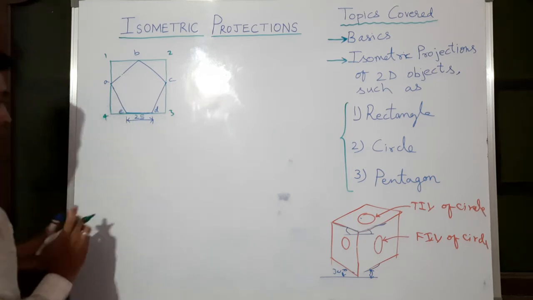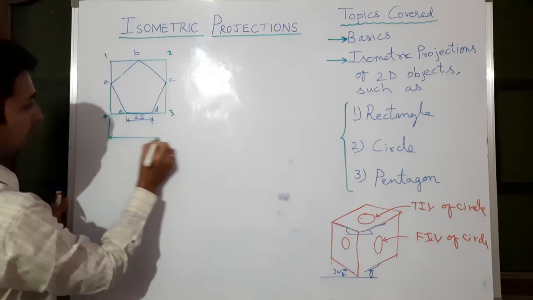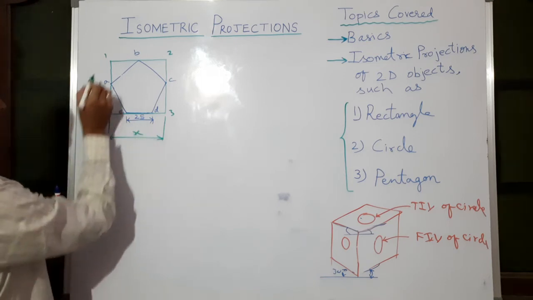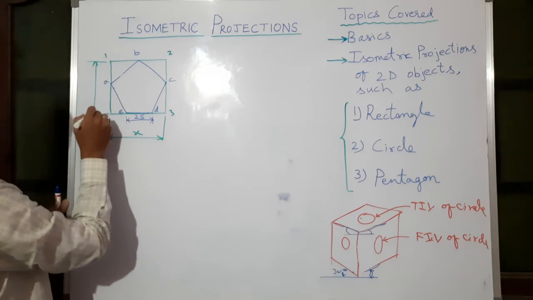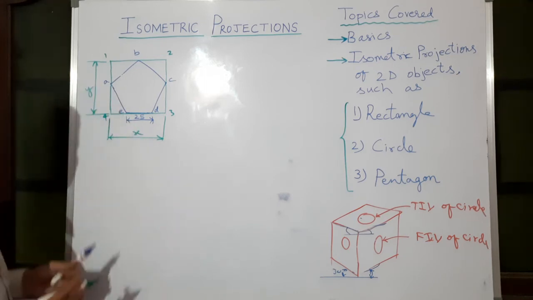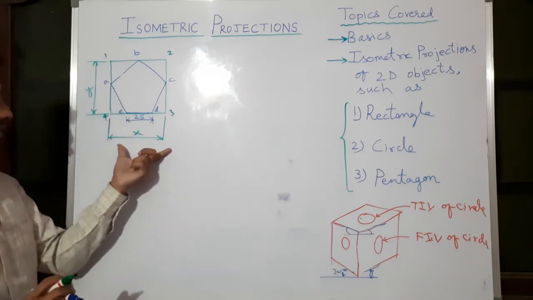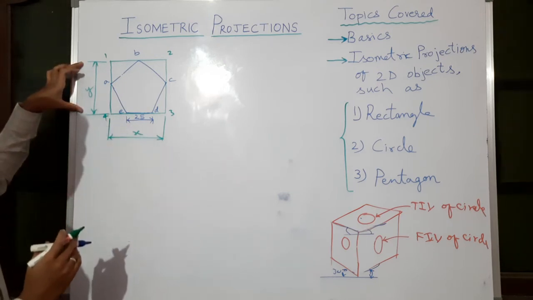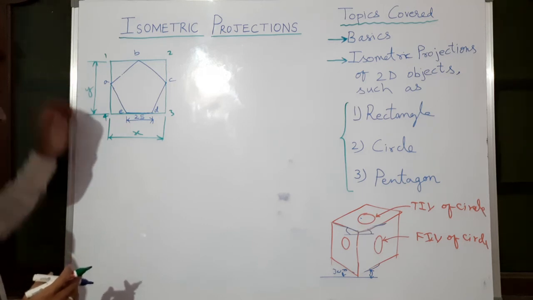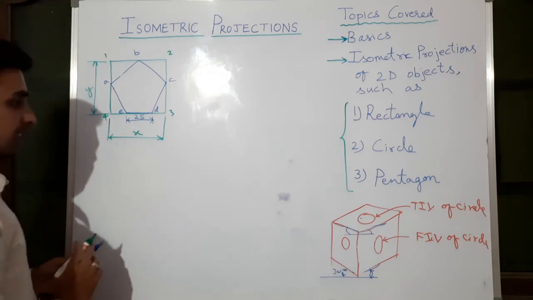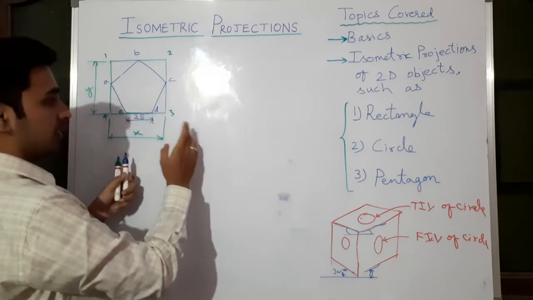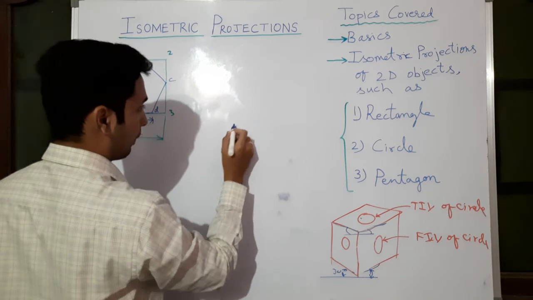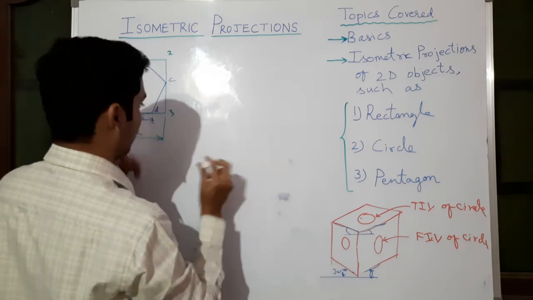Now the box dimensions, after drawing only we will come to know how much it is. So assume this horizontal distance as x, vertical distance as y. Okay, after drawing the box, then only we will come to know what this width and what this width is. So I am doing it with random measurements, not with the scale. So I have taken x and y. Let us see. First I am drawing the box, then we will transfer this pentagon into the box. Box, green color we will use.